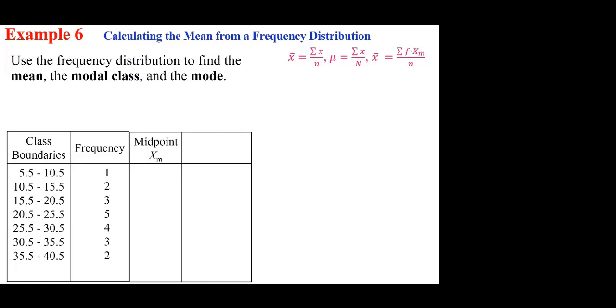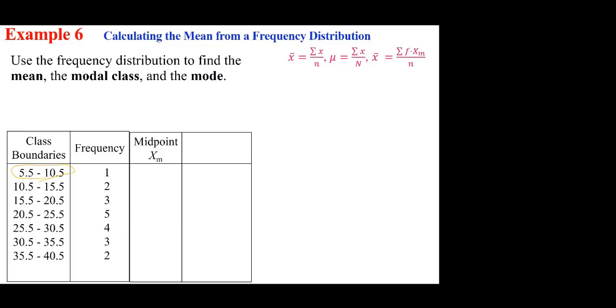Okay. Now, we're going to repeat that first for the mean just to refresh your memory. How do we find the mean? We are using the top formula. X bar is the summation of f x sub m over n. Now I'm using x sub m. Again, I'm doing this on purpose, so depending on the text, you have different variables used. So with that being the case, you need to find the midpoint for the first class. That means if you add these two, you get 5.5 plus 10.5, which is 16, divided by 2 is